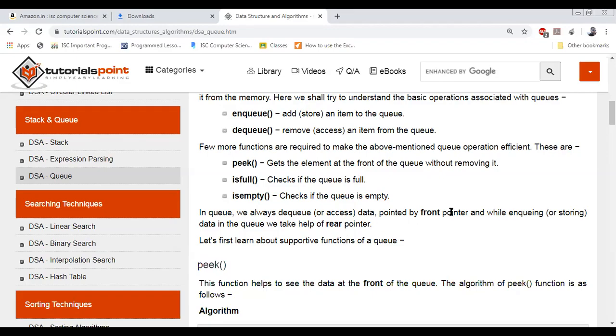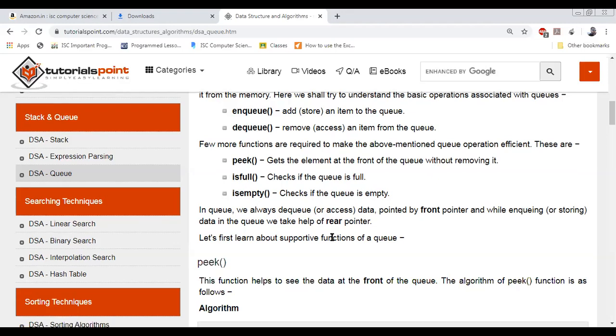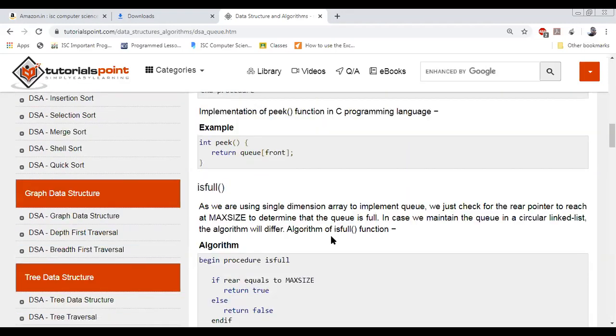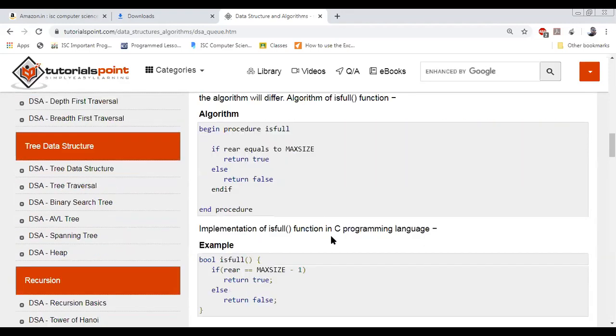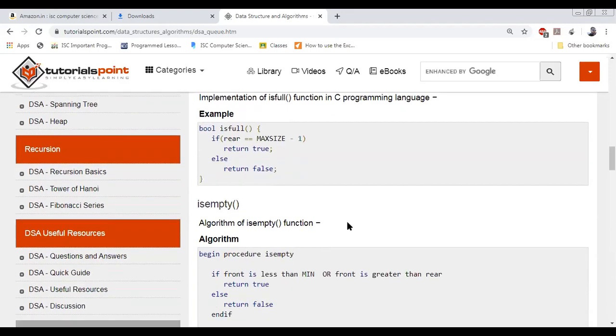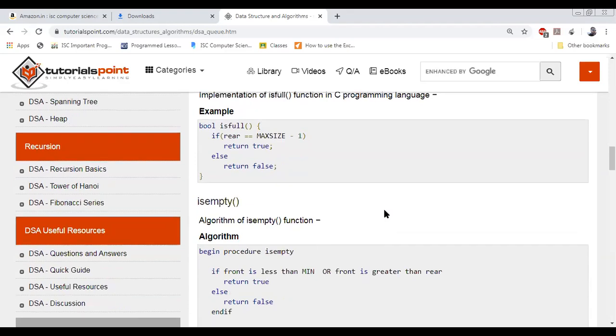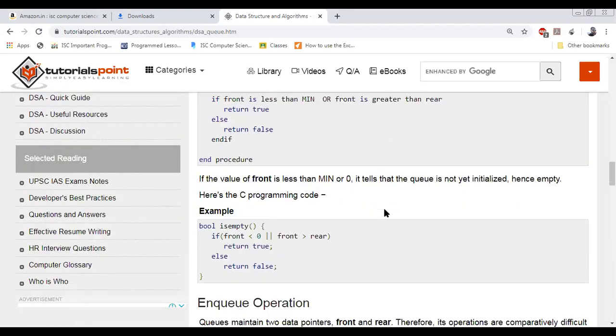Now, two keywords will have a crucial role: one is rear and one is front. Rear represents the position of the value at the end of the queue, and front represents the position of the value present at the very first position of the queue. Keeping these two key points in mind, in the next class onwards we will slowly start with the algorithms and programming of the stack and the queue using the class.